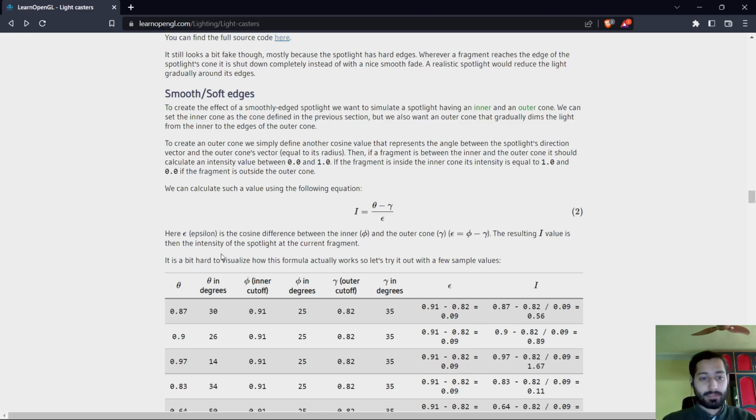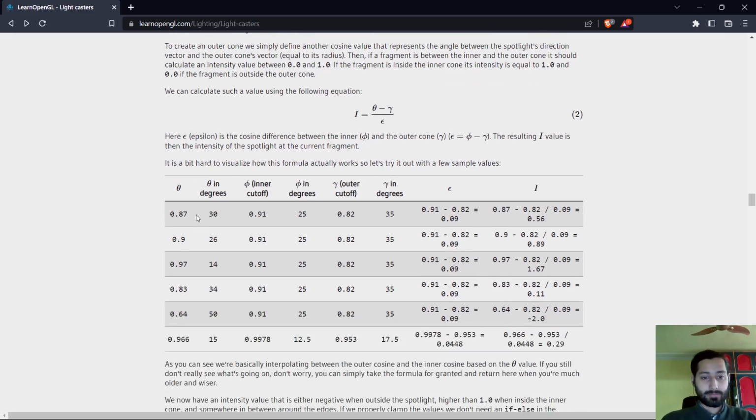The resulting I value is then the intensity of the spotlight at the current fragment. So we have two angles, the inner and outer angle in degrees. Okay, so this angle and this angle. So inner radius and outer radius. This is our outer cutoff, this is our inner cutoff,